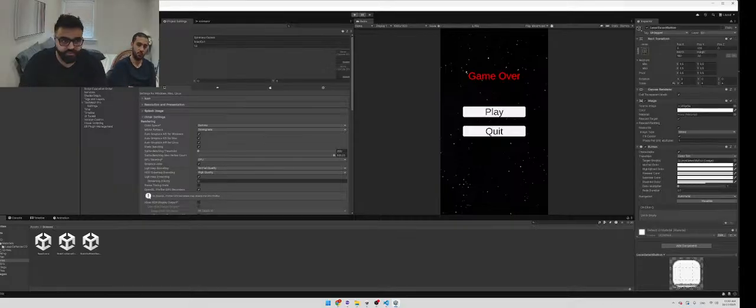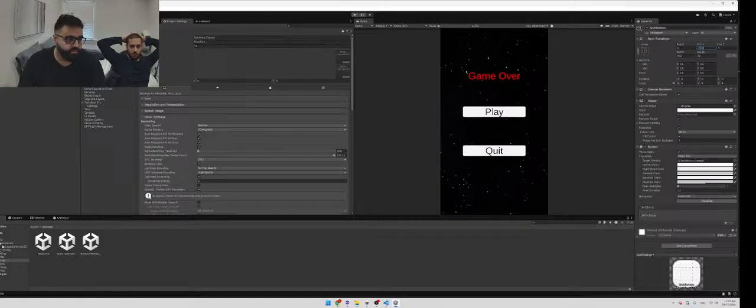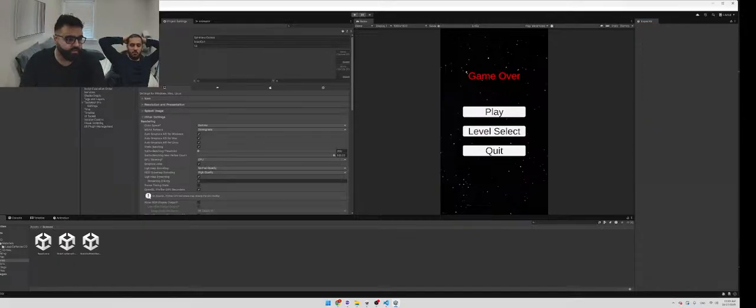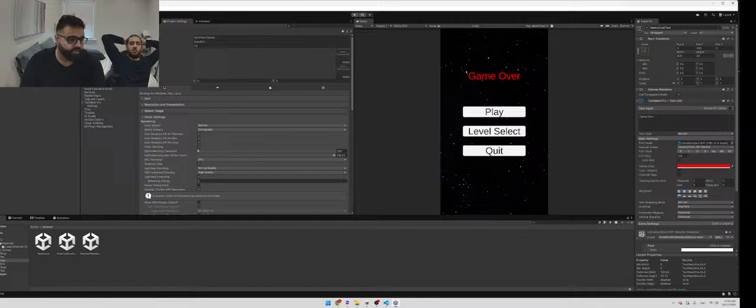Double select button and then let's say, okay, what else can you see in the main menu? One sec. Quit. 100, negative 100. We'll do negative 300. And level select will be negative 100 like that. And then the text is going to be levels. Maybe levels. Alright, let's just call it level select for now. And then the actual game over text is going to be called